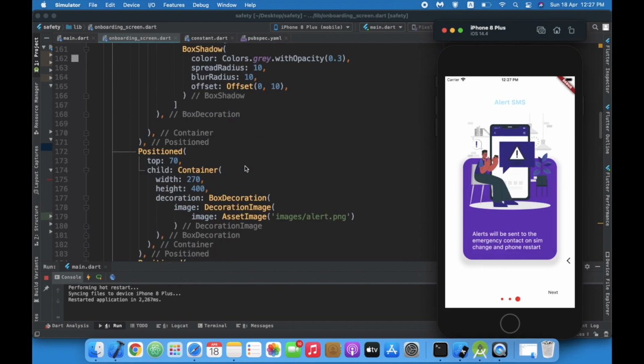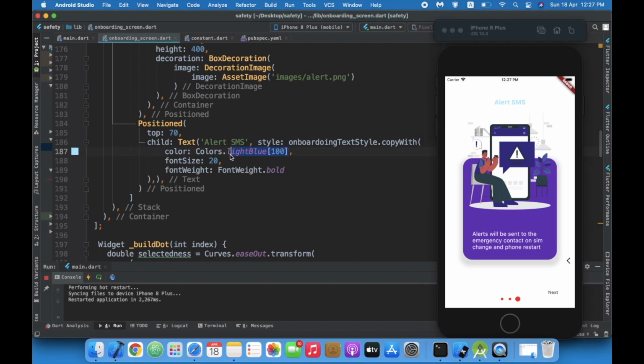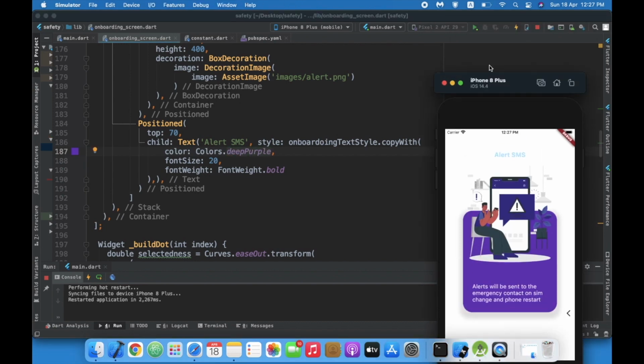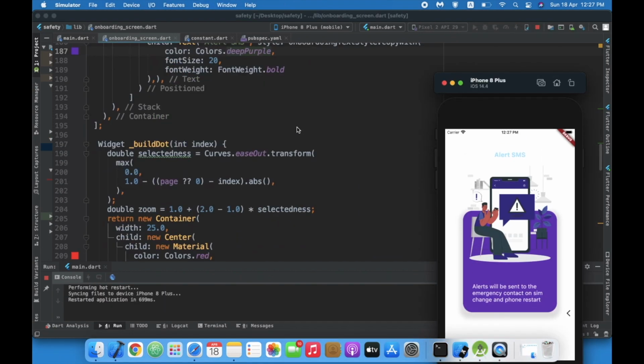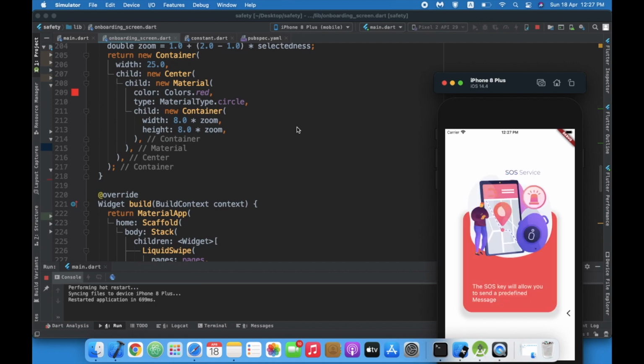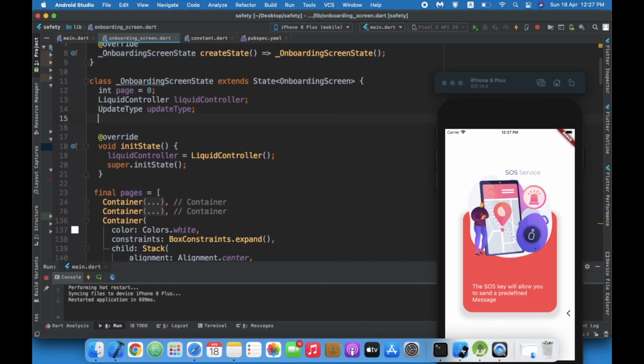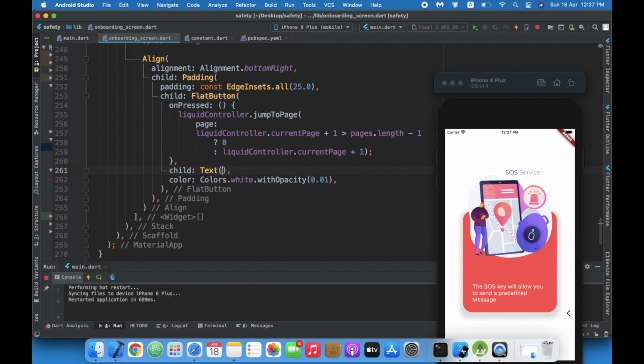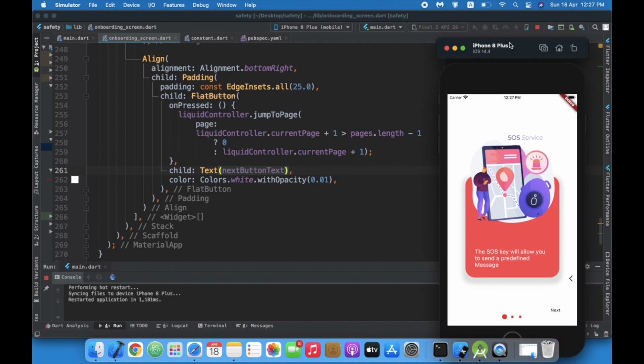Fine, deep purple is fine. Also, let me change the text color. Now when we press the next button, I'm going to create a variable on top, and to the button over here, next button text, so that we can change this button text.